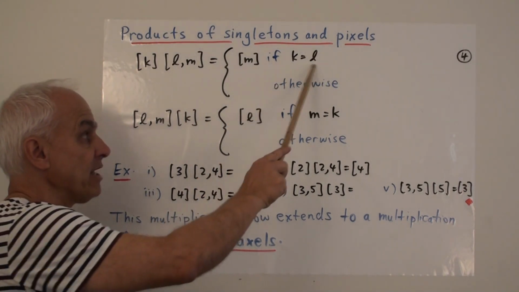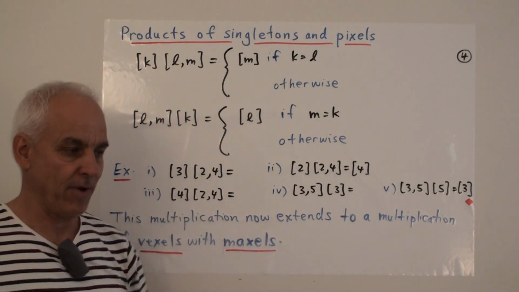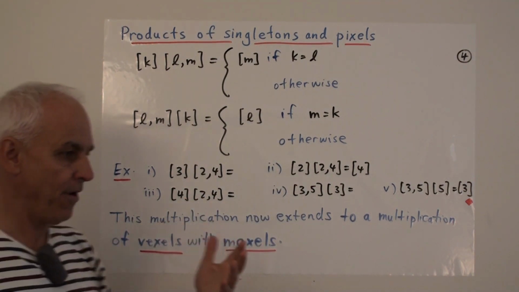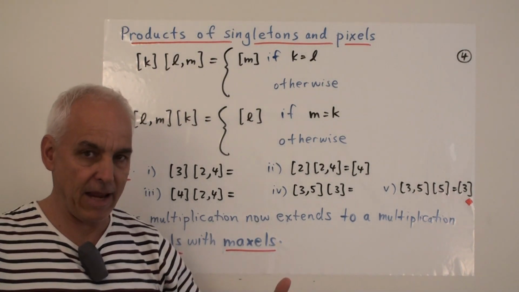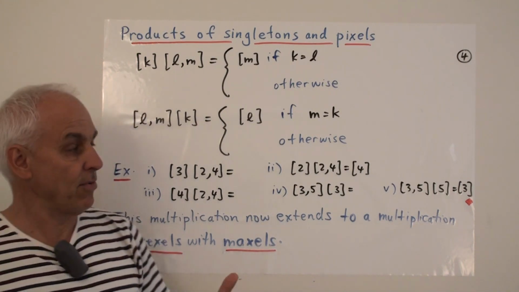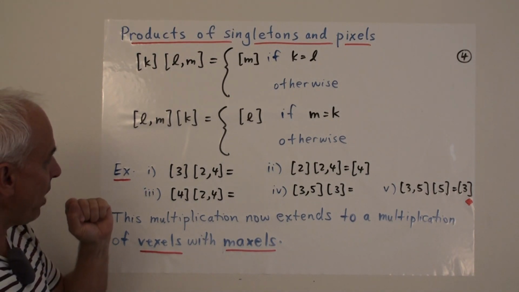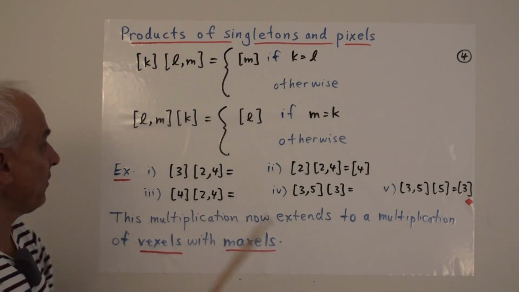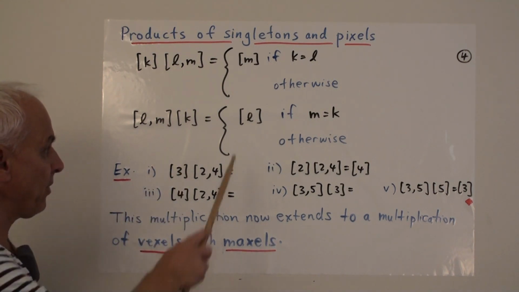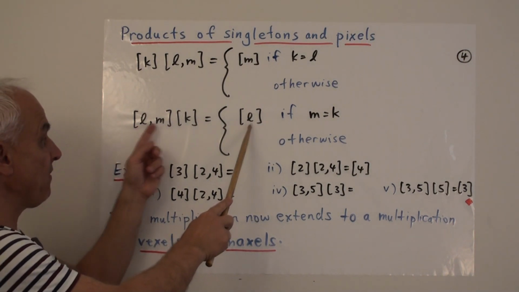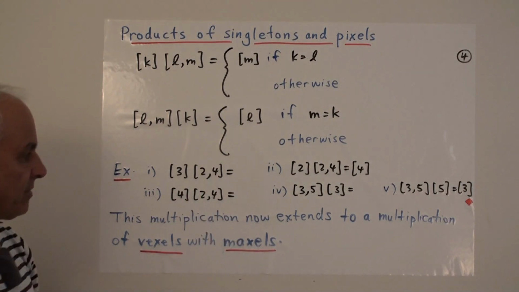And if this condition is not satisfied, we're going to have emptiness. This rather novel, new kind of multiplication possibility. Now what we get is not something with a name or a symbol associated with it, it's just blank on our page. And similarly, when we multiply them in the opposite order, so if we have L, M on the left and K on the right, then again we're going to get a singleton, but it's going to be L this time if M equals K. So if these two agree, we'll get L and blank otherwise.